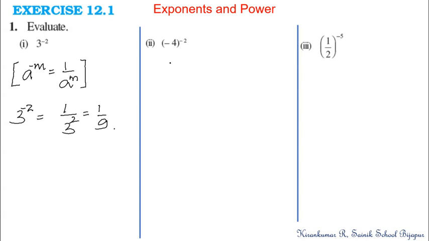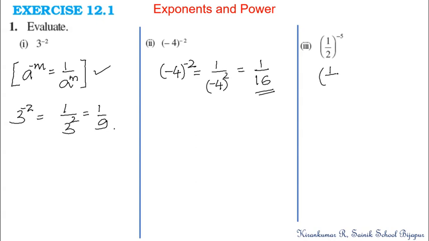Now the second one is based on the same law of exponent. So minus 4 to the power minus 2 will be the same as 1 upon minus 4 to the power positive 2. We know that negative 4 square is positive 16. So the result is 1 upon 16. So the third one,